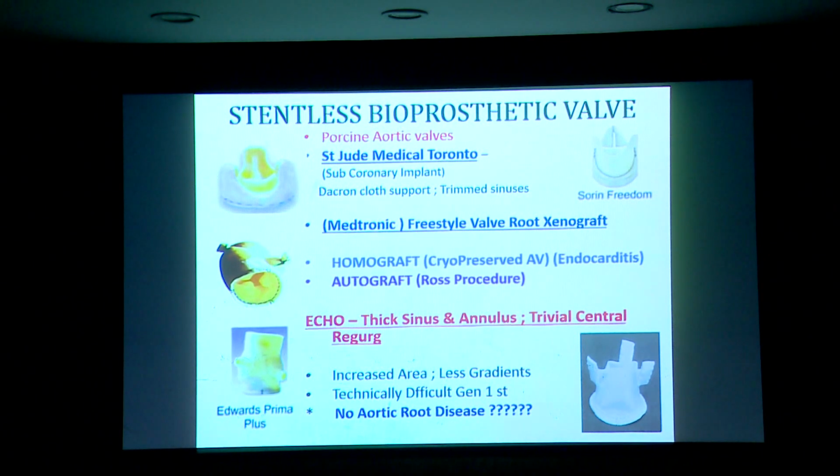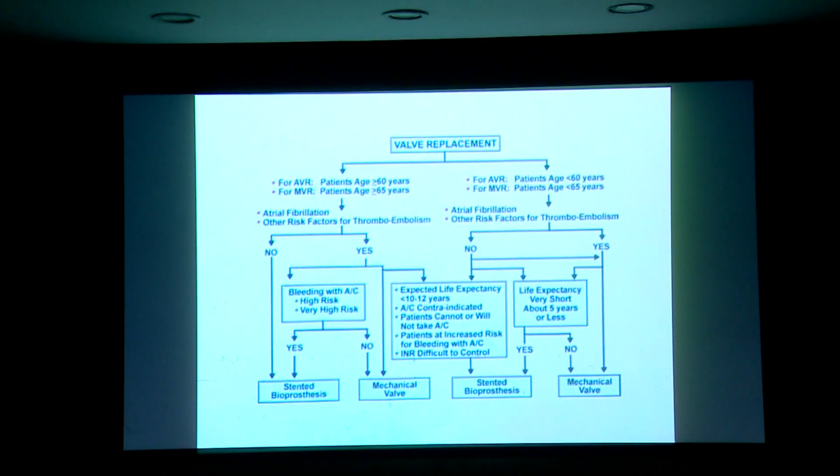Other thing is autograft, the Ross procedure, where you put the patient's own graft from the pulmonary to the aortic side. It's mainly done in children, with a homograft on the pulmonary side, mainly a good choice in children so that they have less chance of reoperation surgeries. But yeah, the procedure is quite complicated, and you've got to take that into consideration when you decide.